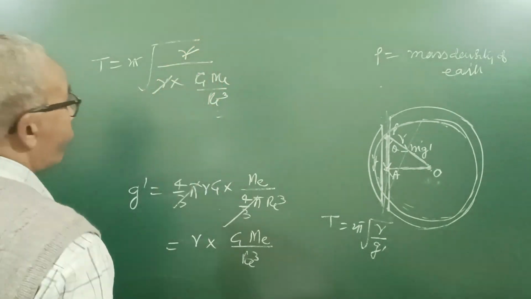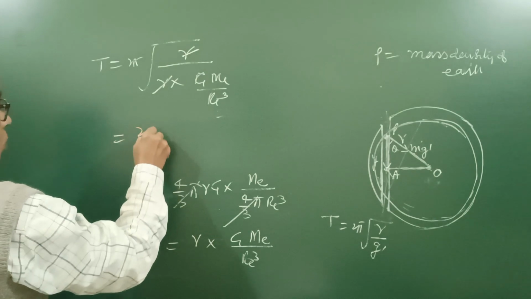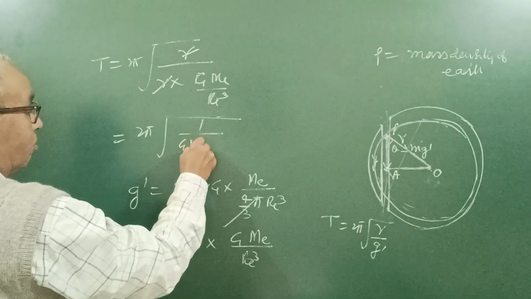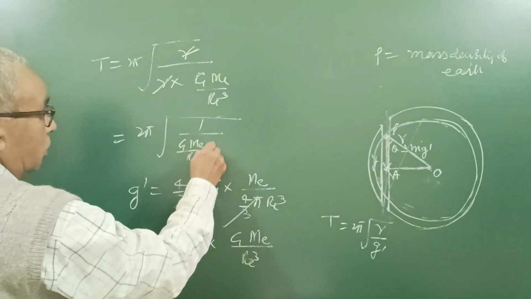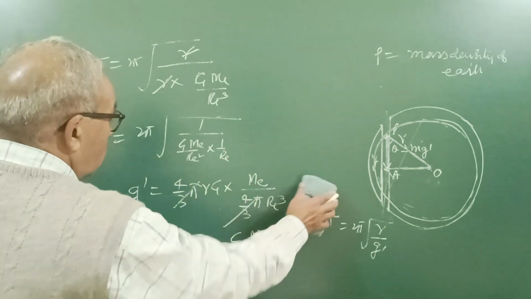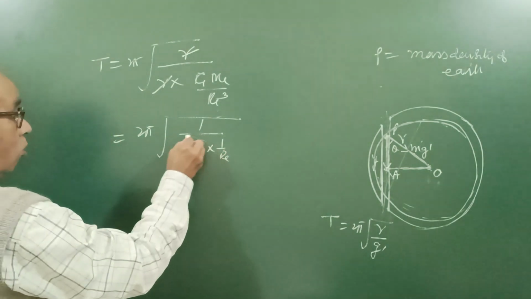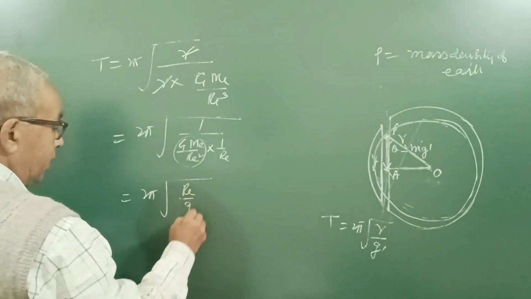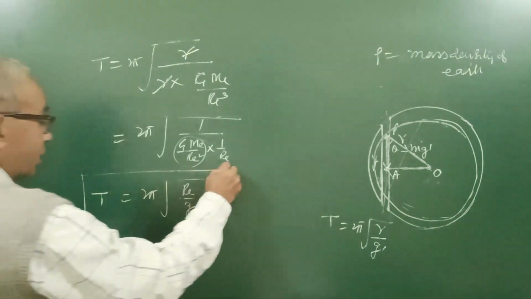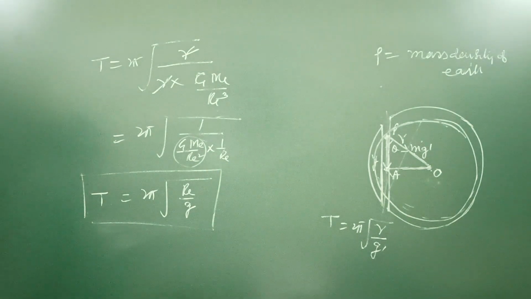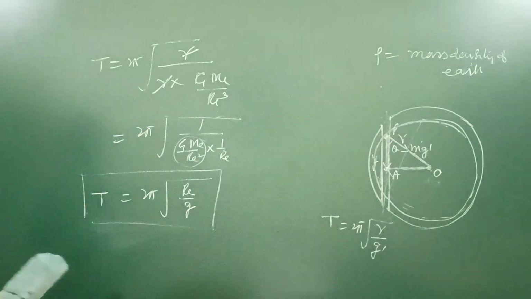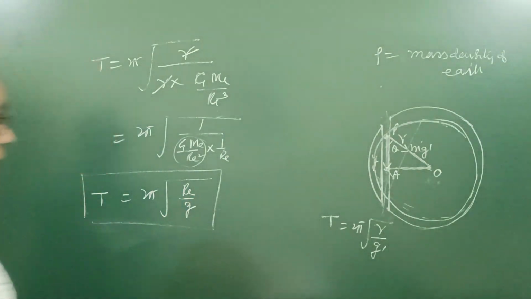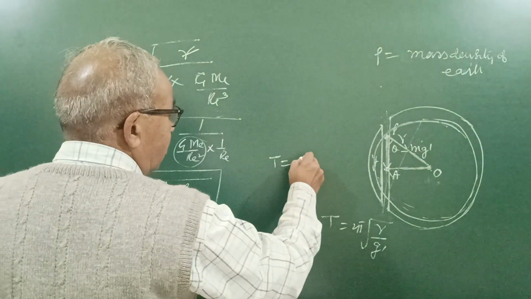This r cancels, and this comes out to be 2 pi under root 1 upon G M e upon R e square into 1 upon R e, or it will become, you know, this is the value of g, so 2 pi under root R e upon g. It is the same as the time period of a pendulum of infinite length. If we put the value of R e and g, the time will be given